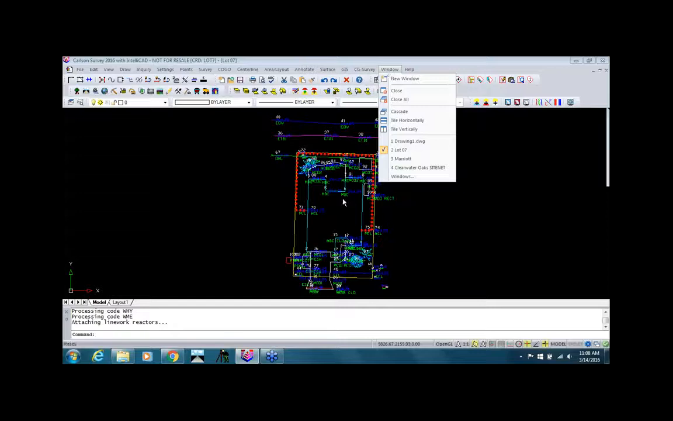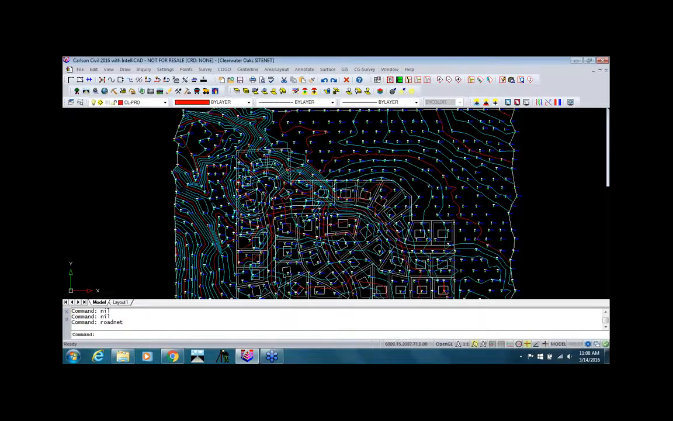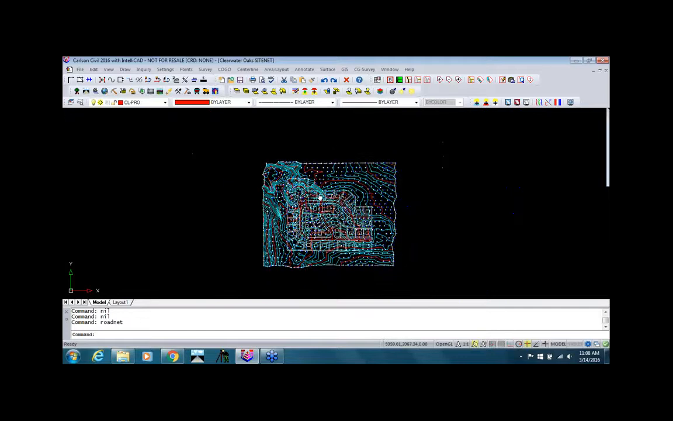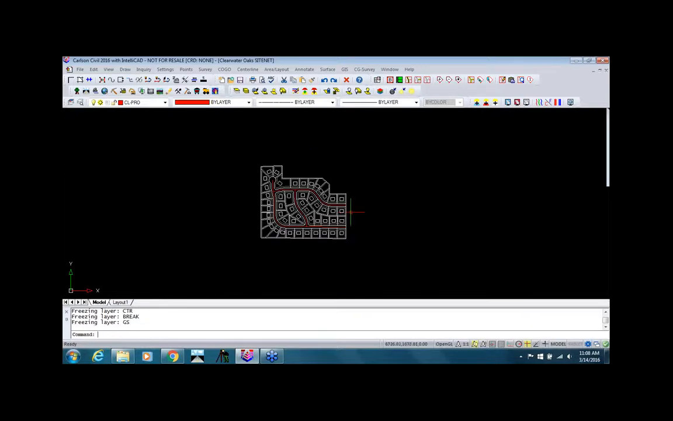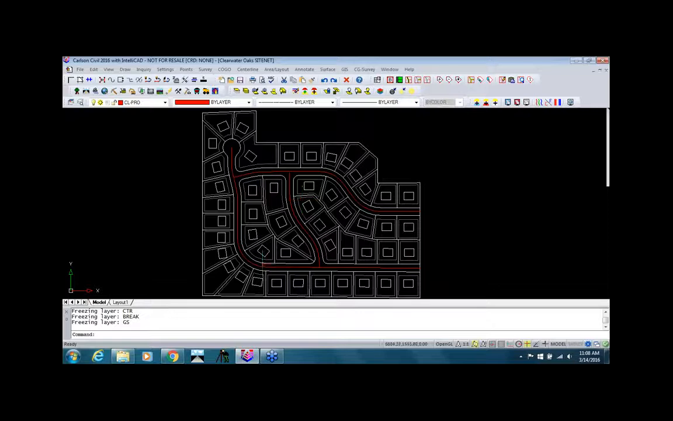Let's go over to Carlson Civil now. So I'm going to go into my Clearwater Oaks project, and I'm going to freeze off a few layers here, get down to a kind of clean palette to work from. So I've got a subdivision that was laid out using LotNet, which is actually part of Carlson Survey and Carlson Civil. So you'll notice when I go into Civil,